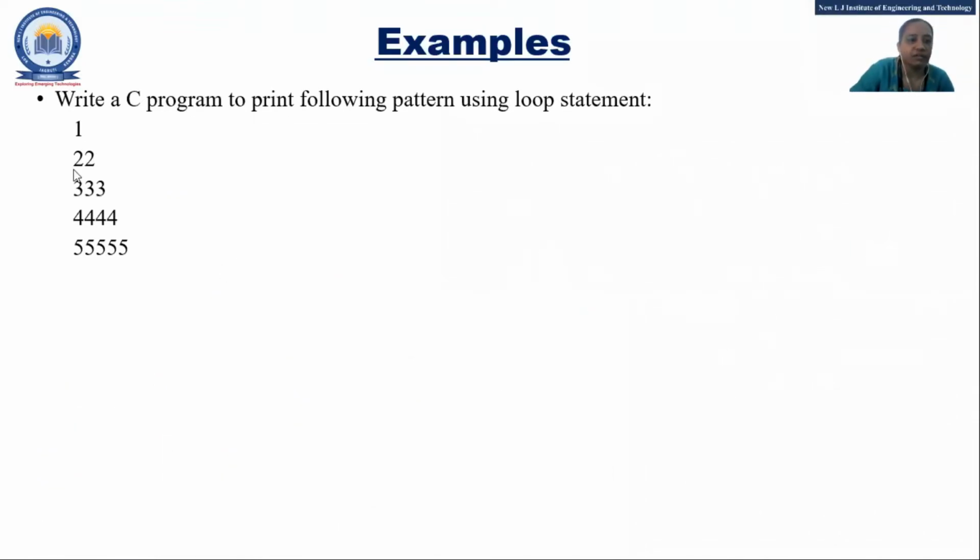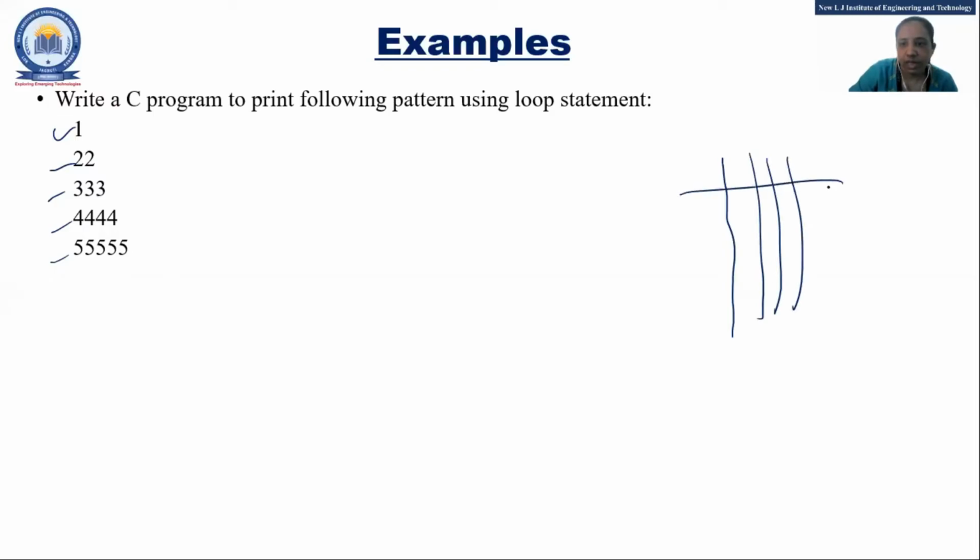You can see 1, 2, 2, 3, 3, 3, 4, 4, 4, 4, 5, 5, 5, 5, 5. This is just a representation; the matrix is obviously 5 by 5. But what happened here? You can see 1 only, and the other 4 are blank. Then 2, 2, then 3, 3, 3, 4, 4, 4, 4, then 5 five times. Here you just need to specify the condition, that is enough. You need to decide which condition to use. That is the main thing here.